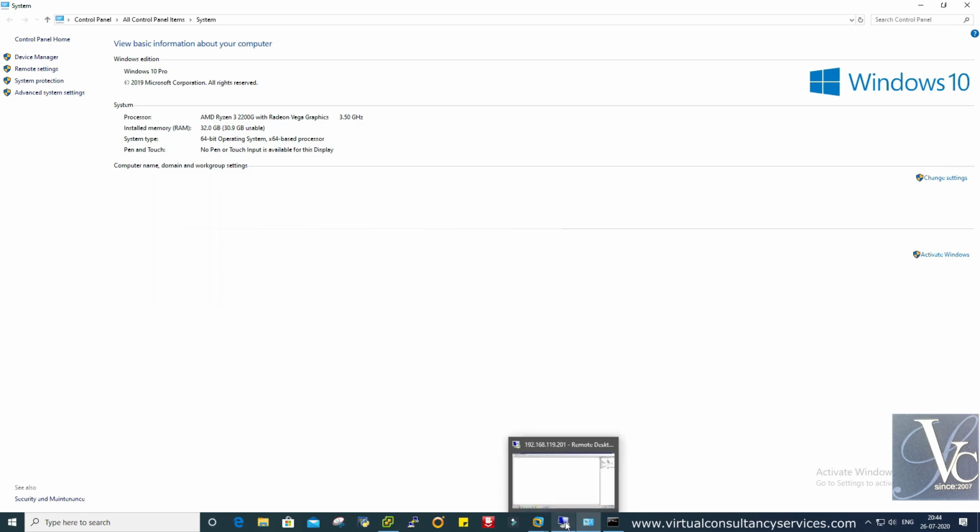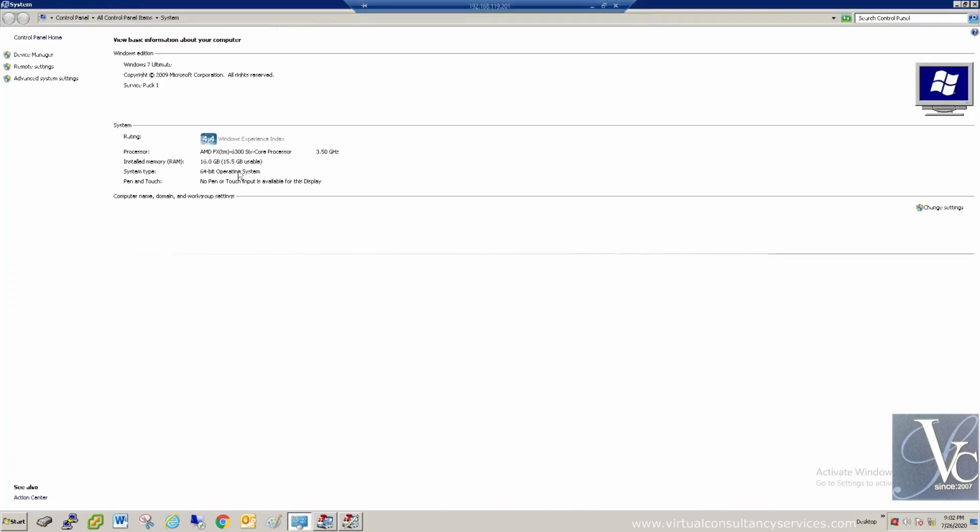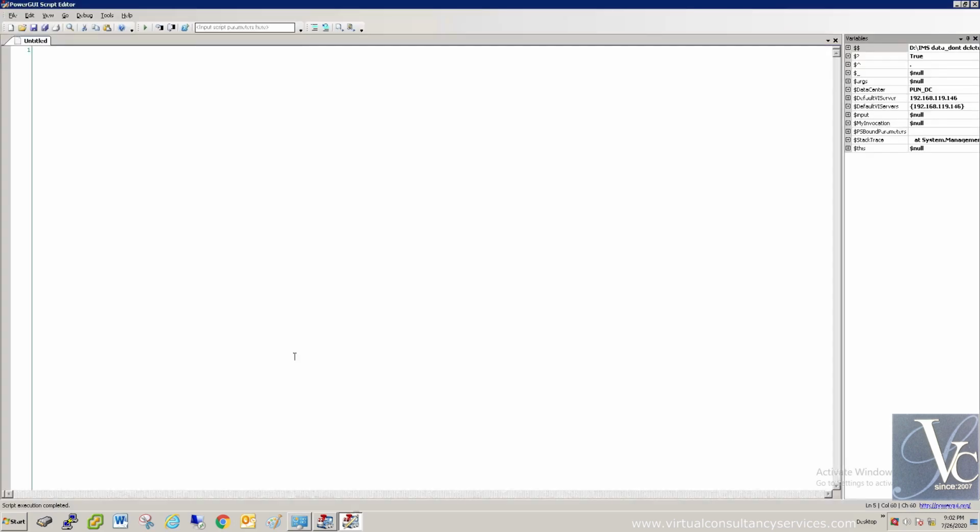And the second machine in my lab has a Bulldozer processor, AMD FX 6300 6 core, with 16 GB RAM and 6 cores at 3.5 gigahertz. So I am using the PowerGUI scripting editor to perform the scripting part.